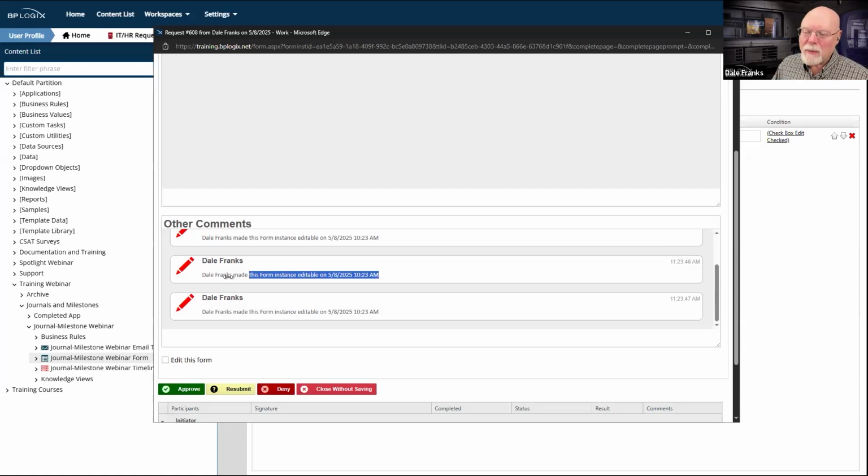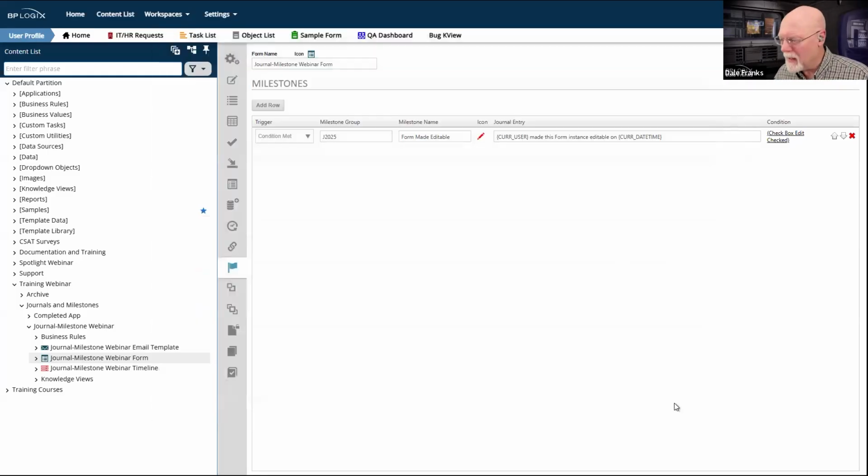And that lets me know that whatever I'm seeing may not be the original data, because Dale Franks made this form editable. I may want to contact him and ask what sort of changes were made on the form, to be sure that the form I am seeing is substantially the same request that was initially submitted by the initiator.